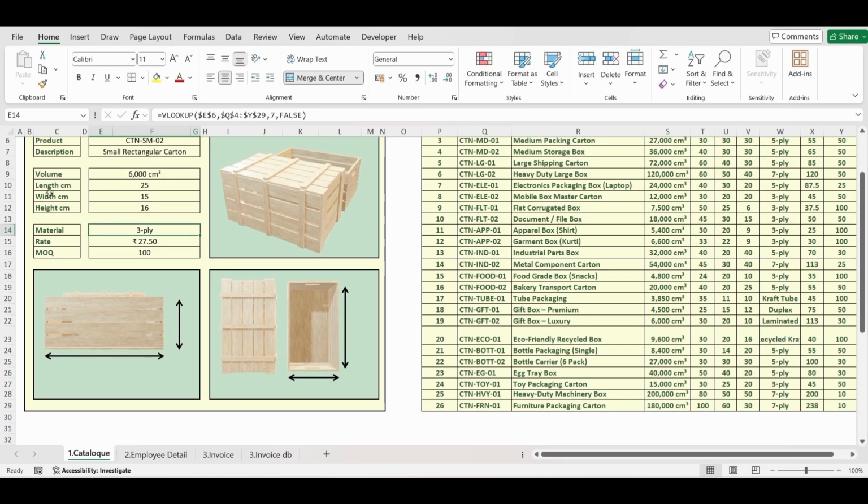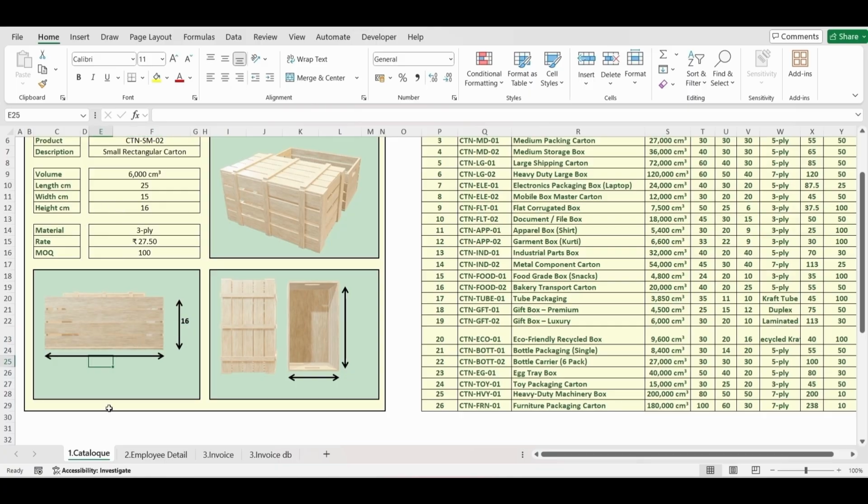And to display this length, width, and height, I mean these dimensions in the 3D view also, you can simply come over here and for this field, it's actually height, and you can simply type is equal to and link it to the height value. It will pick the height from respective cell.